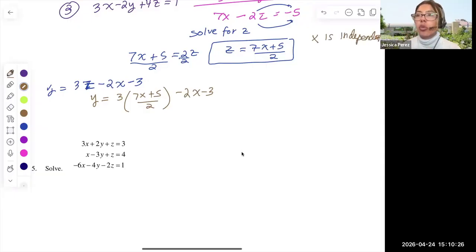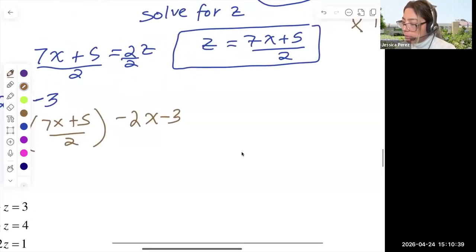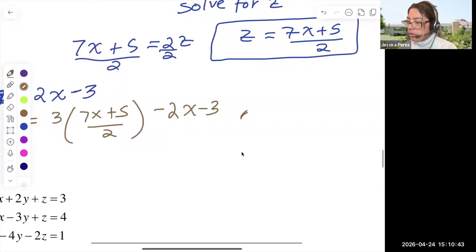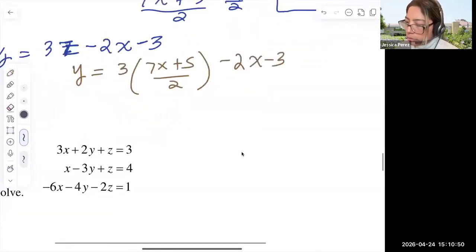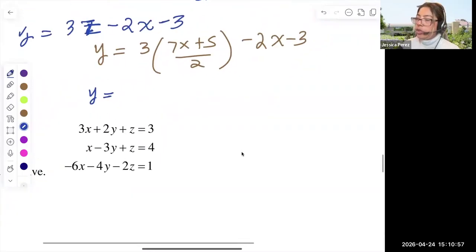And everyone else, y and z, depend on x. So then I'm going to solve for this, and I'm going to solve everything in terms of x. So I get y equal, and my pen is giving me some issues here. So if I go into cleaning it up, let me clean this up, and I get y is equal to, I'm going to distribute the